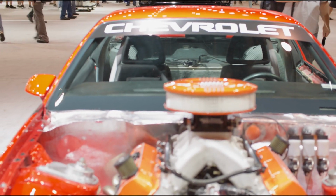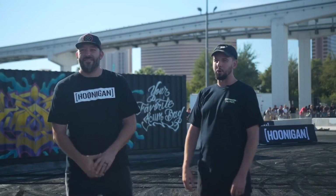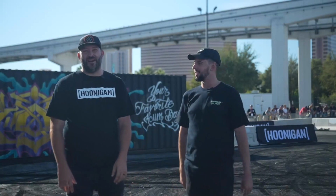Building that car and seeing it in the Chevy booth with our name on it, that's a huge accomplishment for us, for the brand, for me personally. And to build it in 30 days. Yeah. Plus, it just sounds like a rolling drum solo. It's one of the toughest sounding cars. I have a big block in my Nova, and when that thing started up, I was like,